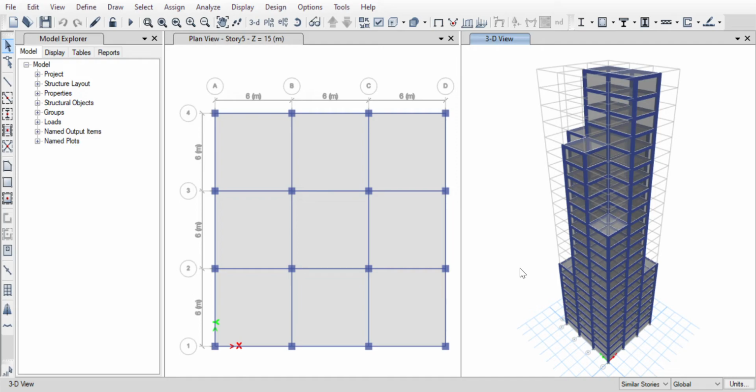Now what is left? I have to analyze the building, and for doing that we are doing the analysis of the building. So for analysis we will do the run. Now it will take some time as it is a big building.